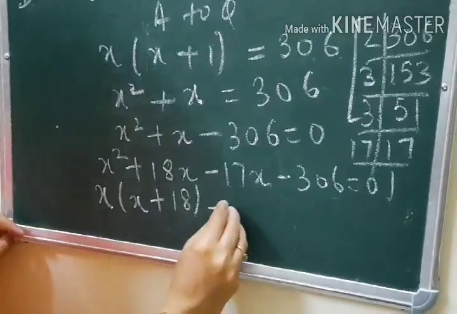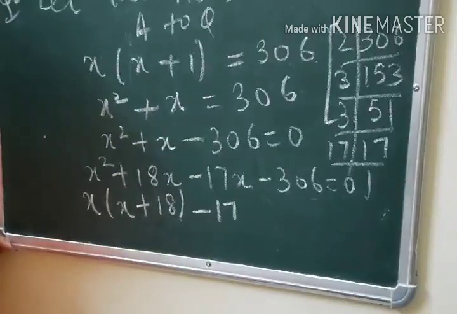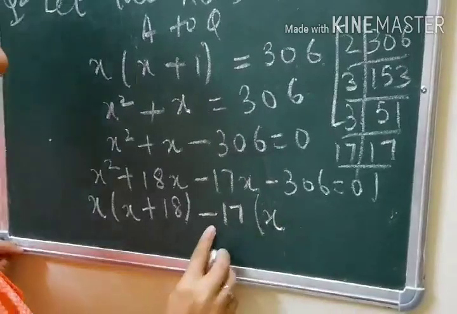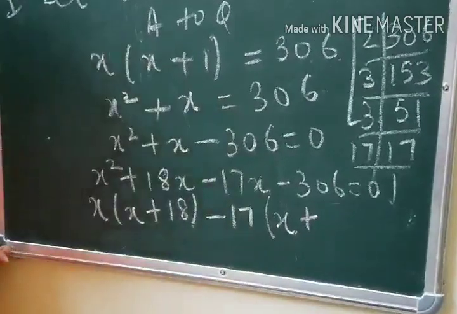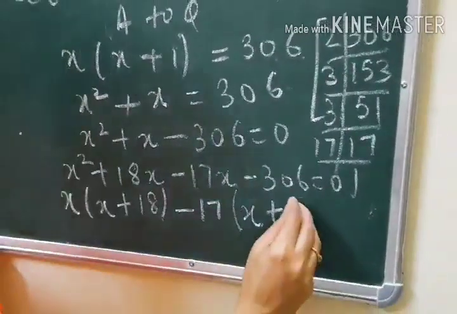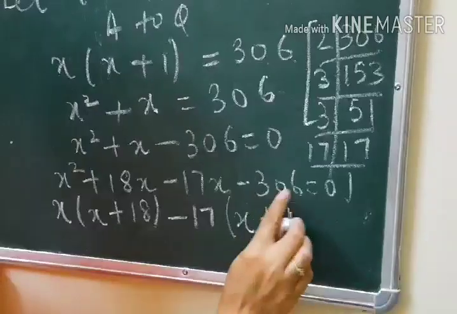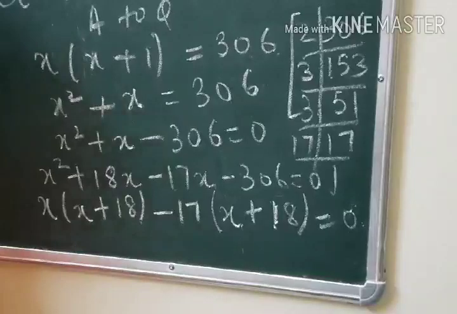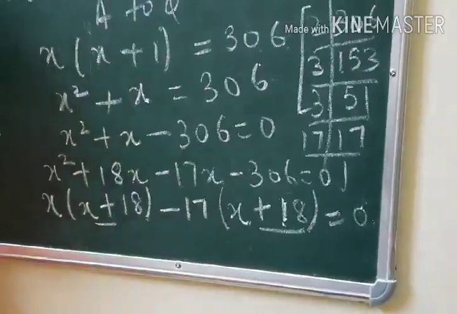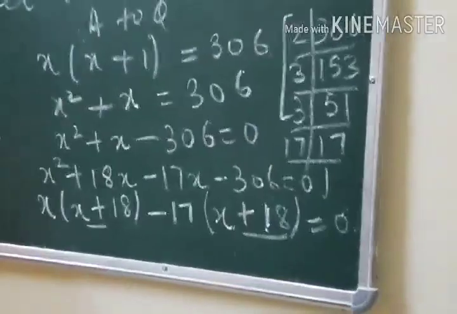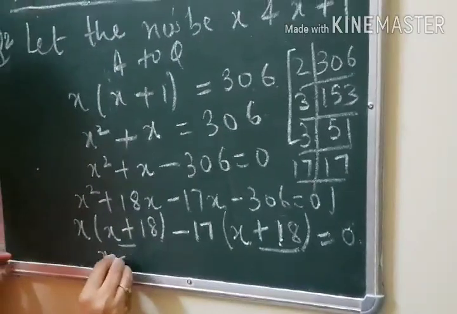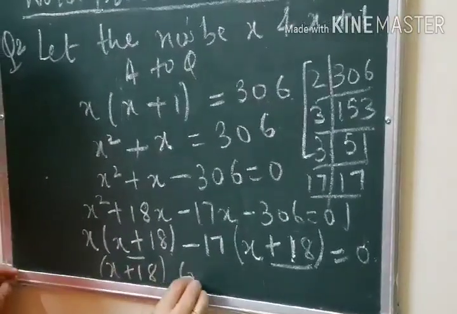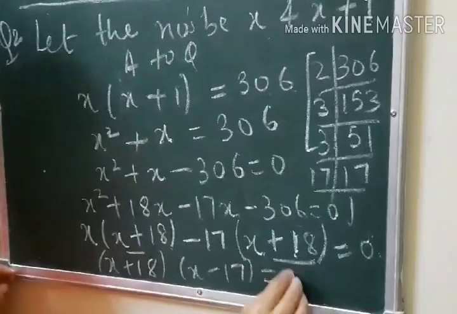From here I am taking minus 17 common. So you will take x, as minus is outside, this will become 1, and then 17 ones are 17, you will be left with 136, 8 are. So it is x plus 18. You can see that both the brackets are same. That means till now our answer is correct. So x plus 18 into x minus 17 is equal to 0.